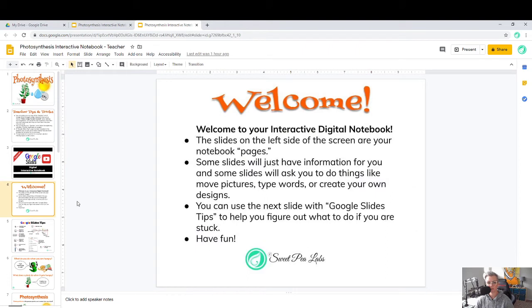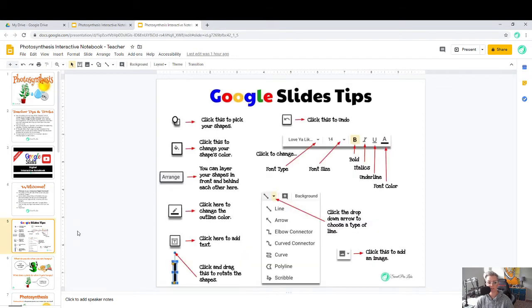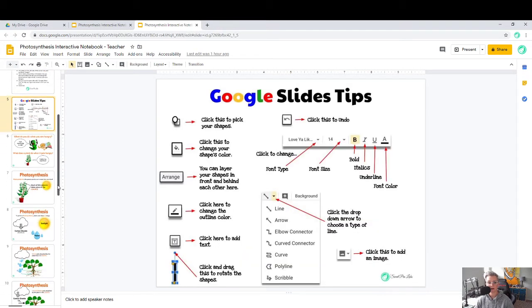This is the welcome page that I've included for the students, just welcoming them to their interactive digital notebook, and talking a little bit about how the notebook works, what they might see in the notebook, and that they can go back and use their Google Slides tips sheet if they need to. Here's an example of the tips sheet. So this is included for students to reference. It is already in the student copy as well. So you can see here all of the different tools that they may use at times during the